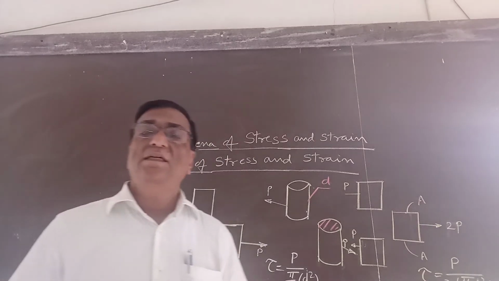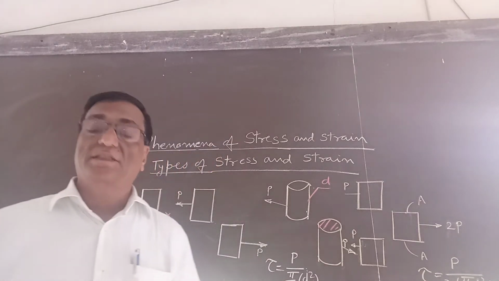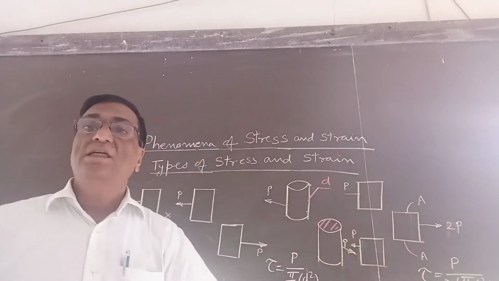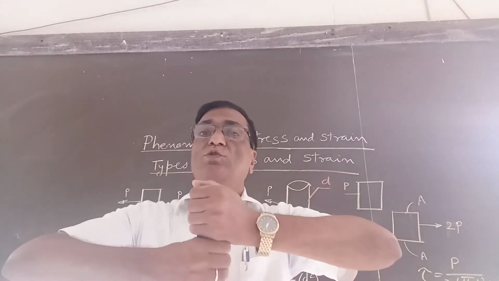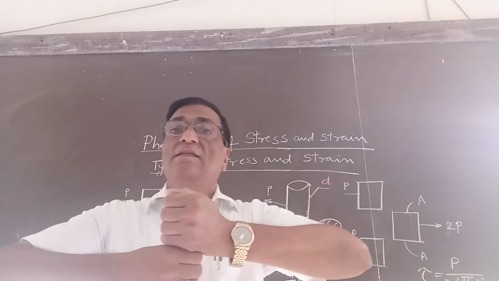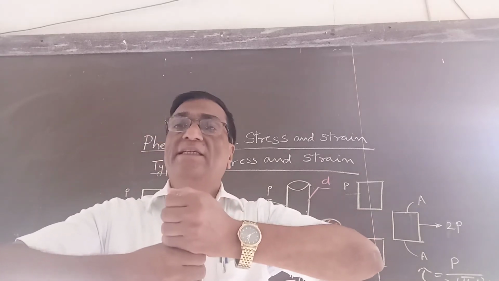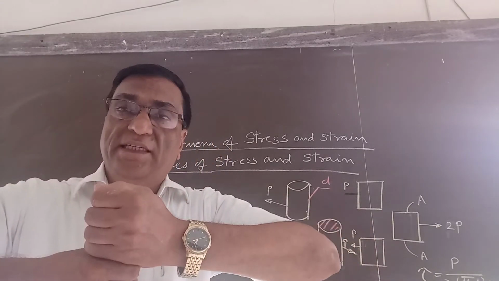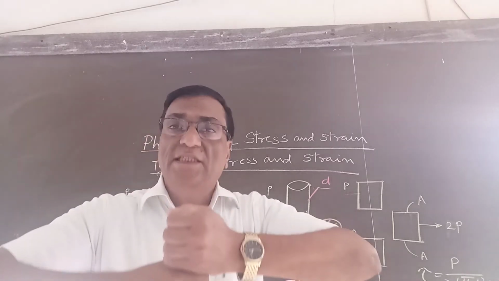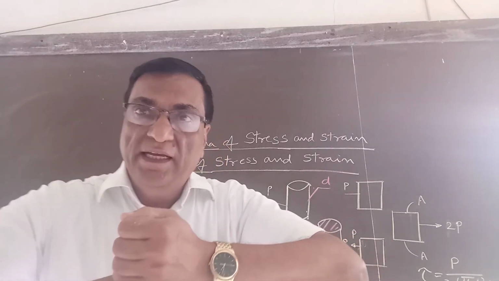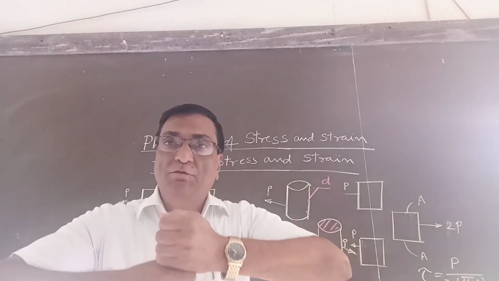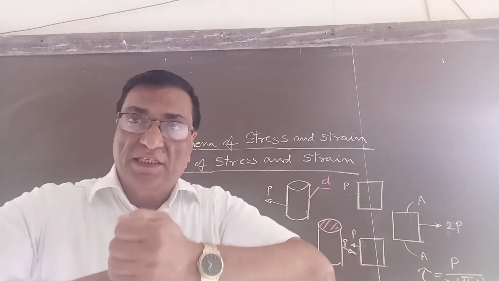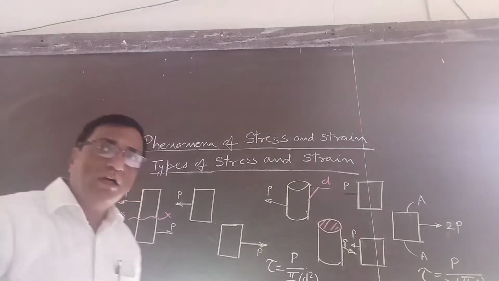Now next is the shear stresses, direct shear stresses. Suppose the member is subjected to two parallel forces opposite to each other, and they are parallel or tangential to the resisting area. In this case it is said that the member is subjected to direct shear stress. In direct shear stress, what happens?